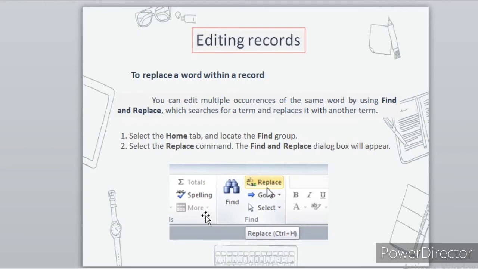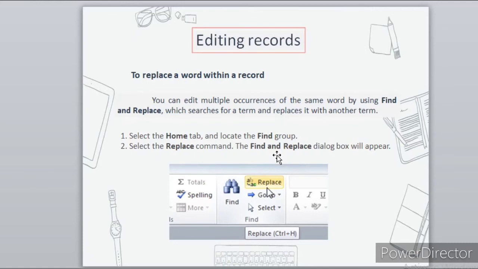However, Access also offers you the ability to find and replace a word within multiple records, as well as to delete records entirely. To replace a word within a record, you can edit multiple occurrences of the same word by using find and replace, which searches for a term and replaces it with another term.